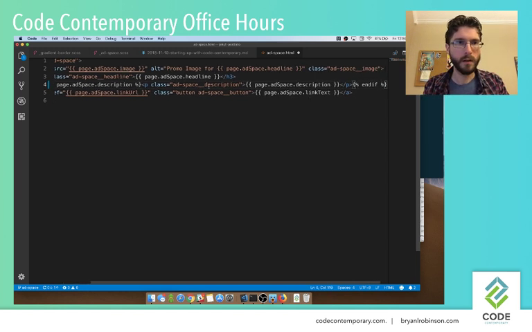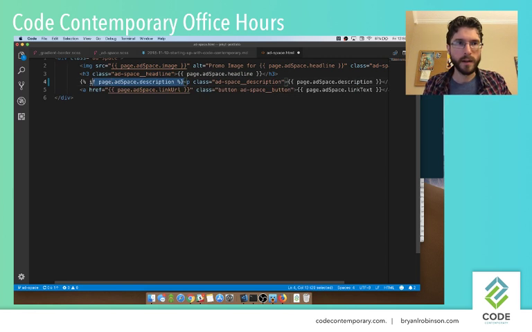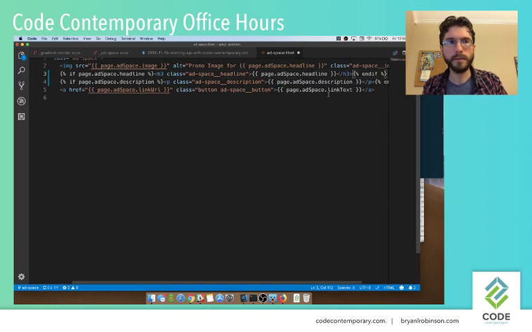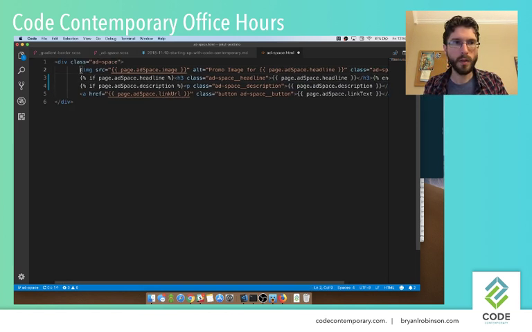If, just copy that, change it out, headline. You never know when your future self is going to be idiotic in some way. And same with our if